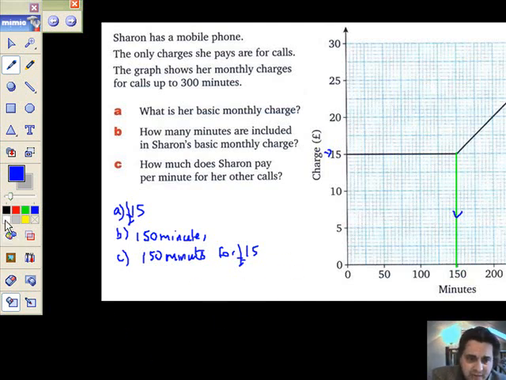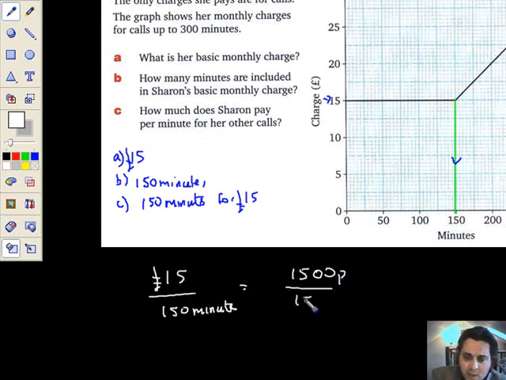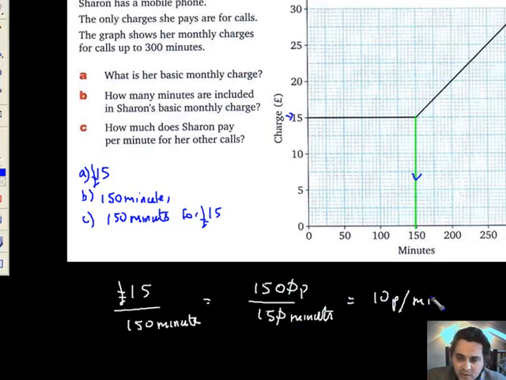So let's do a little sum down here in white where it stands out. I've got £15 shared amongst 150 minutes. So let's just be sensible. We've got 1500 pence, 150 minutes. So let's just lose a couple of these. Well, 15 goes into 150 10 times. So therefore, it'll be 10p per minute. Is that right? So we're dividing pence by minutes now, and 10p per minute is the rate that